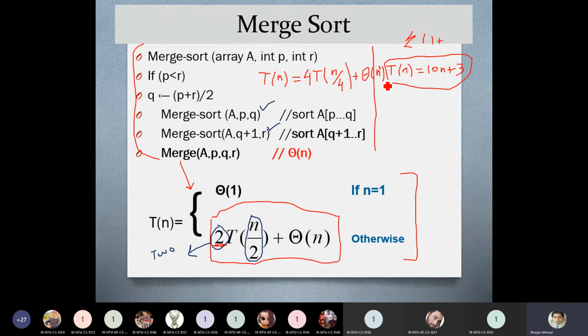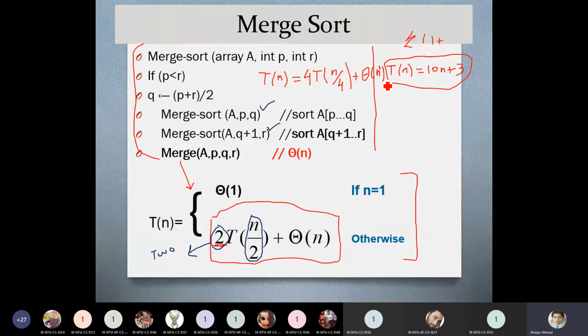So tell me how many recursive calls we have in this function. You can unmute your mic. Do not answer in comments. My question is, how many recursive calls we have in this algorithm? Sir, 4. 4 recursive calls.